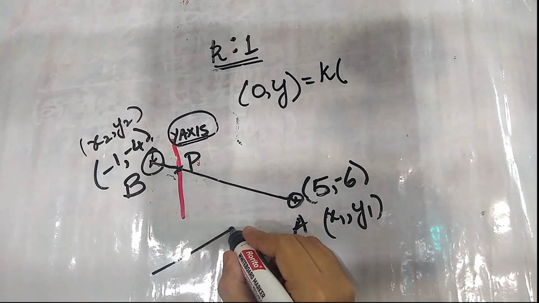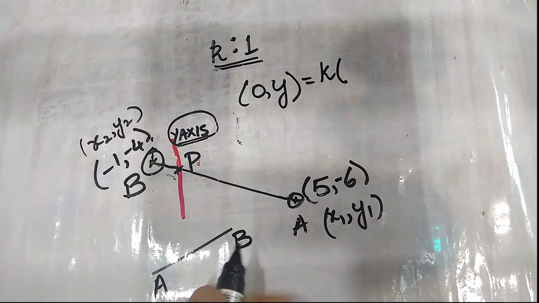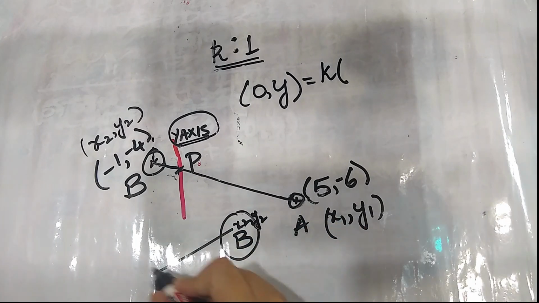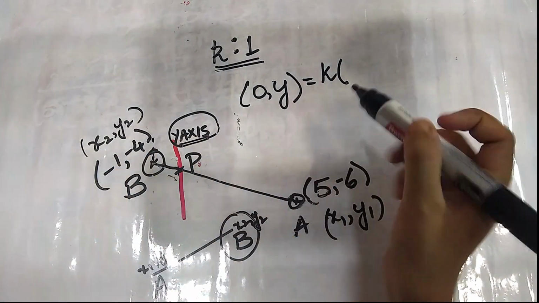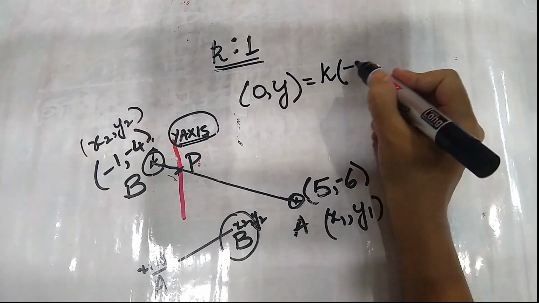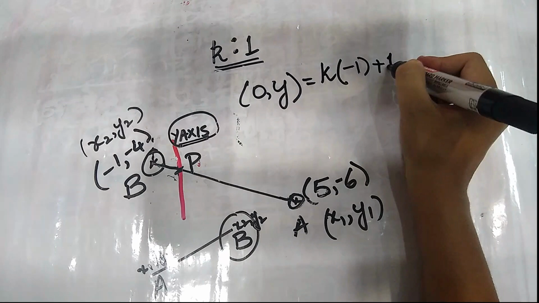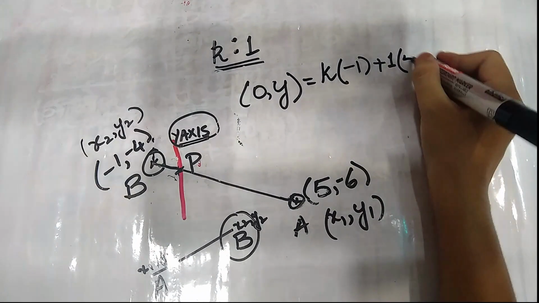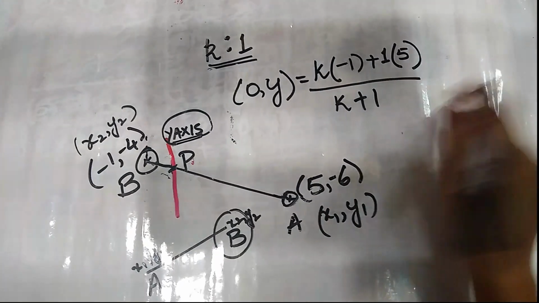Even here, if I draw the line like this, you can see this is the coordinate which is higher and this is the coordinate which is lower. That is why we use these as x2 comma y2 and this as x1 comma y1. Alright, so using the coordinates here, k into x2, which is -1, plus n, which is nothing but a 1 in this case, into x1. x1 in this case is 5, divided by m plus n, in this case it is k plus 1,